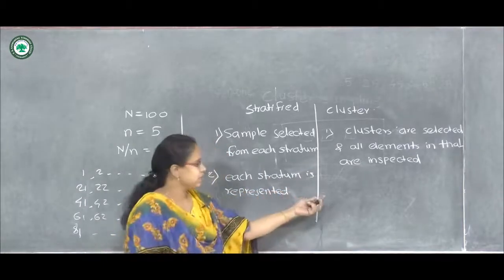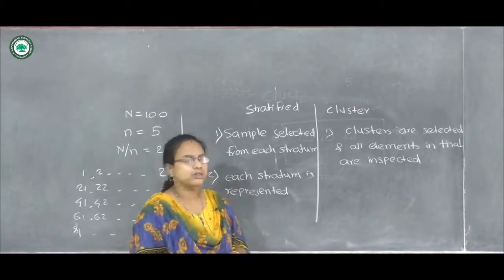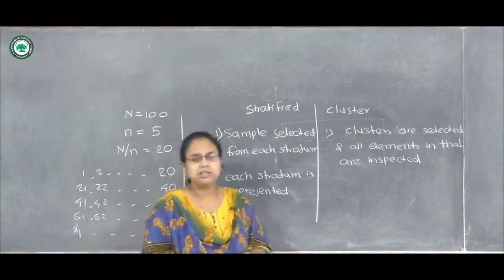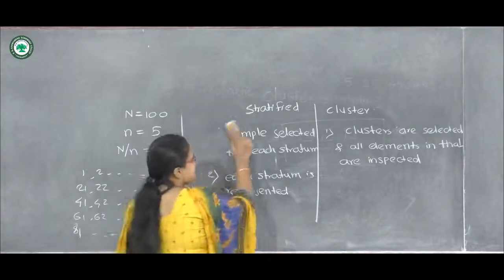Here each cluster is not represented. So this is the second difference between stratified and cluster sampling. So the third difference is